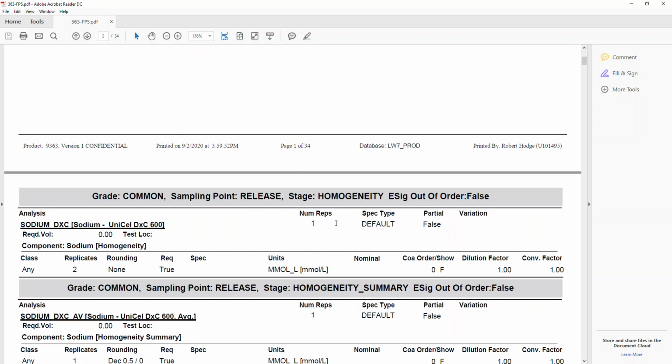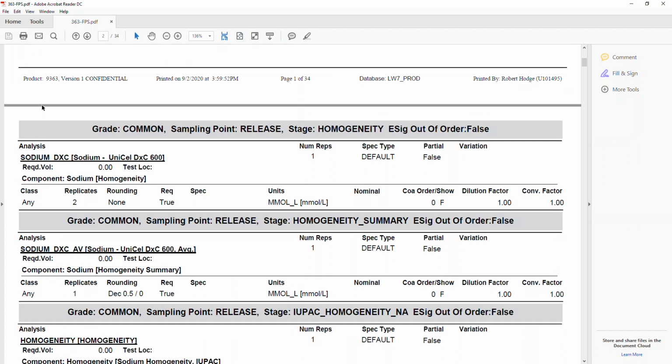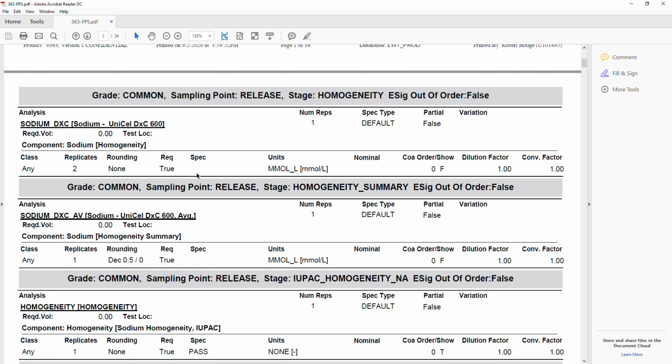So we talked about the first page. The highlighted sections are the stages. Stages control the sampling. These are important because for each stage, we have to have individual stages when the number of samples changes. And one of the other things is that in LabWare, we have analyses. I kind of call them phantom analyses, and we also have phantom samples that take care of the calculations for